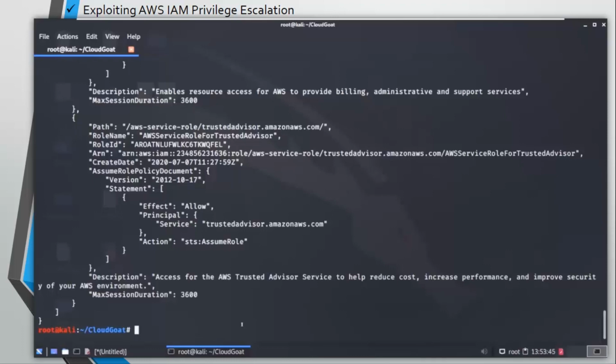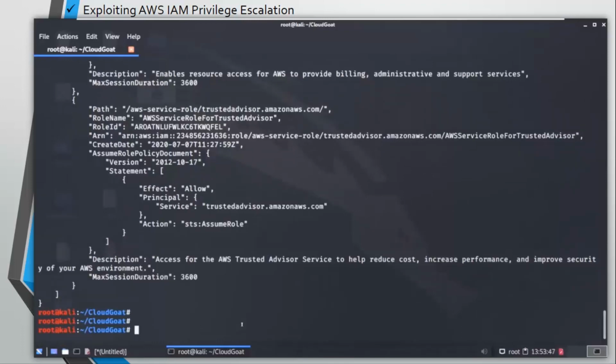So let's see what else we have under this role, and if we find anything pretty interesting here. AWS IAM list attached role policies, role name. So just copy paste the role name that is given here: AWS service role for trusted advisor, and paste.